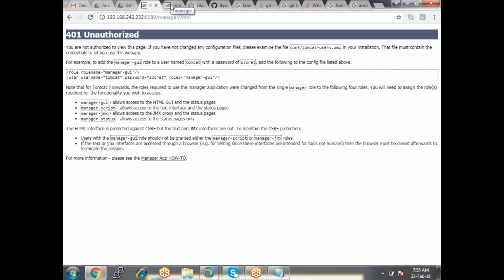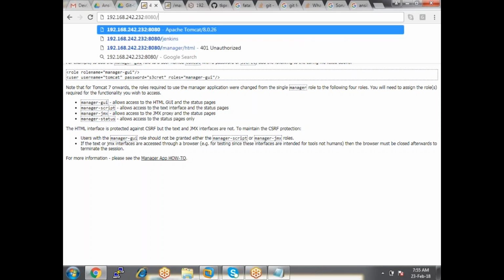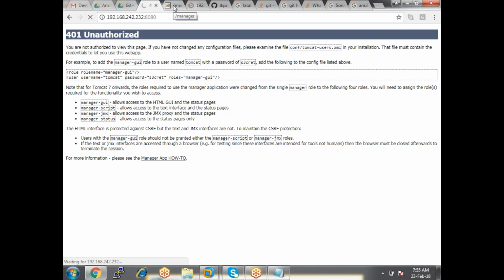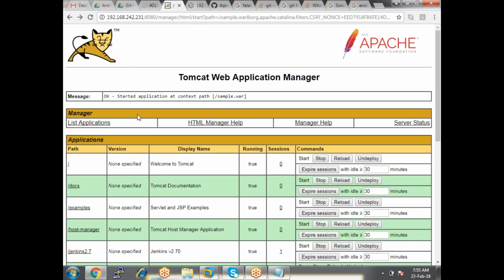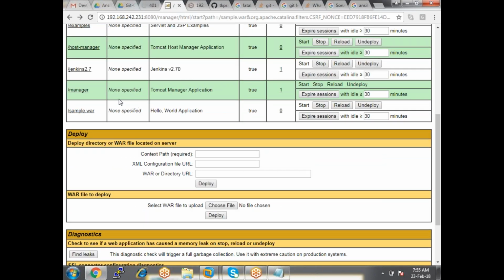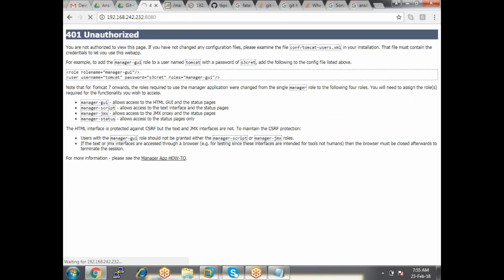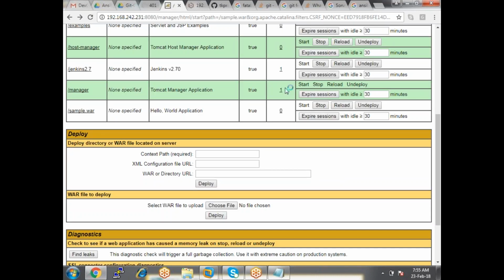But how do you restart a particular application? Within this manager app, you have the option to restart, stop, and so on. If you restart the server, all the applications will be started, so do not restart your server.